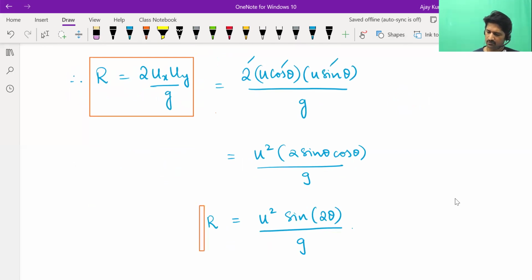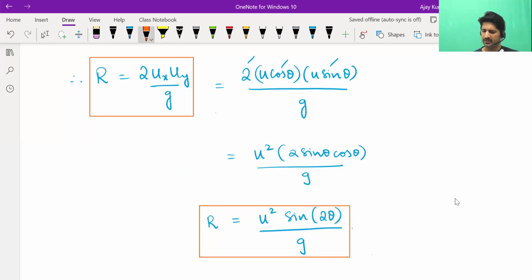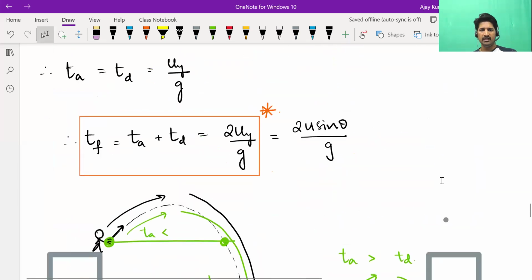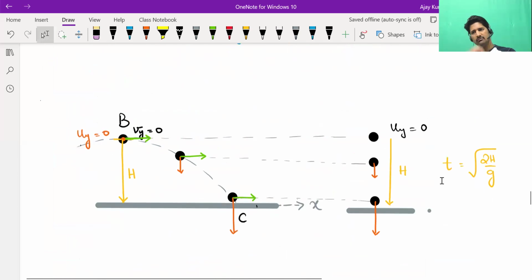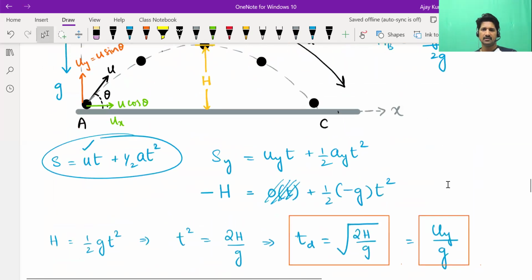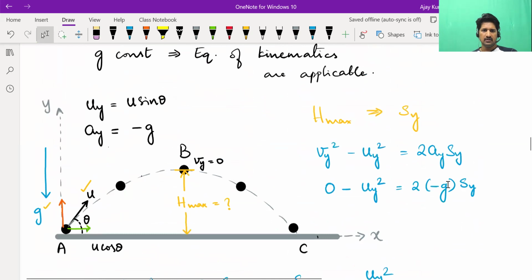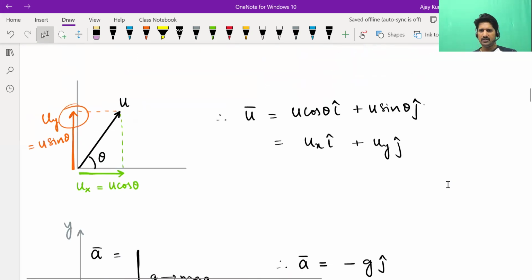So today all we did was derivations in case of 2D projectile motion. Basic derivations we have done. Hmax, time of ascent, time of descent, range. We compared 2D projectile motion to 1D projectile motion. Whatever happens in y direction in this case, the same happens in y direction when the object is thrown straight up. Only thing is, here only one component will be in the y direction. Earlier we had studied with the complete velocity in y direction. That's the only difference. You must have noticed that by now. We'll stop it here for now.